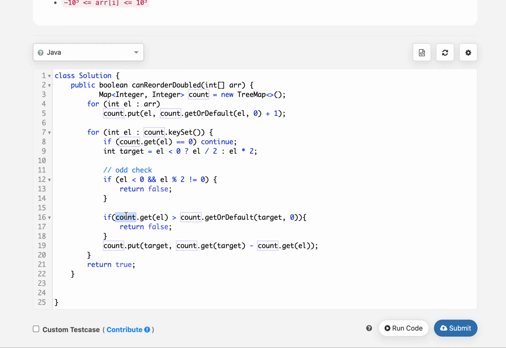The frequency of the current element, in case it turns out to be greater than that of the target element, I return false, because in that case I cannot consume my current element fully. I move ahead and update the frequency of my target element to the frequency of the target element minus that of the current element. And once I'm done with the iteration of the complete keys, I simply return true as the answer.